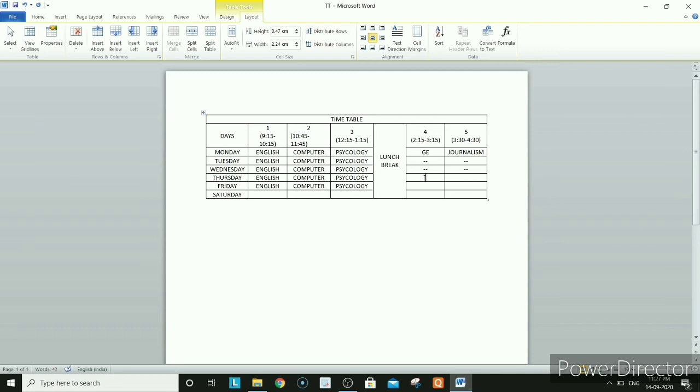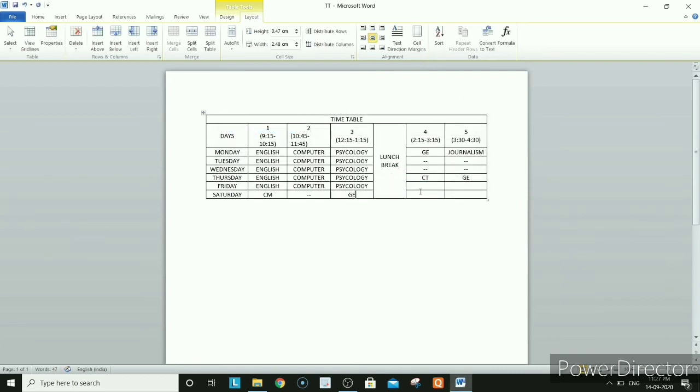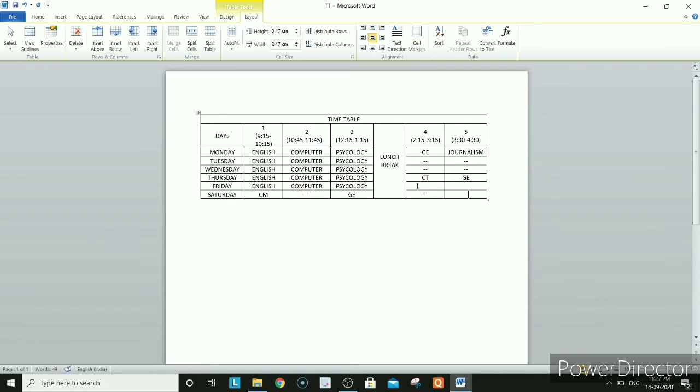So you have to keep all the content of your data here. This is just a sample I'm keeping. You have to keep your data, content management, and here you are free, and here will come your general English. And this is your Saturday half day, so you have to keep like this. Now what I have done is I kept all the content. See here what happened, here again it came here, no? So make it properly arranged. Like this you can set your margins. Okay, this is okay, right?